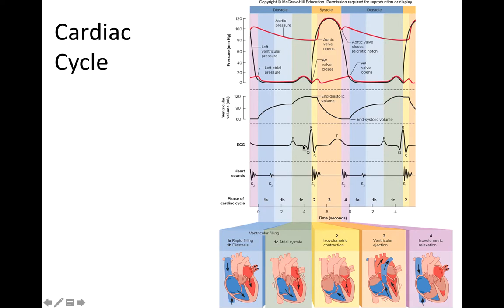Now, this period right here was where the signal was pausing at the AV node in order to make sure that the ventricle gets fully filled with blood before contraction. So then we head into the QRS, and that's the electrical component telling the ventricle to get ready to contract. And at the point where the AV valve closes, we hear our first heart sound. So the first heart sound is going to represent the AV valves closing. So the right and the left, the bicuspid and the tricuspid, are closing,